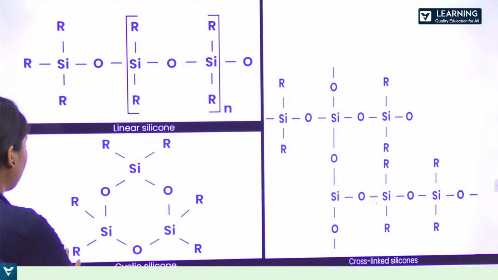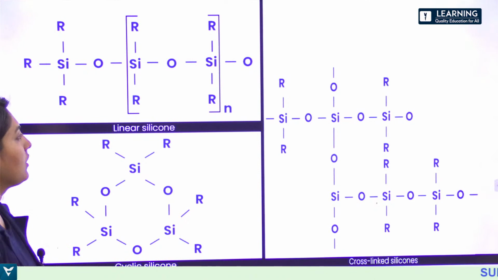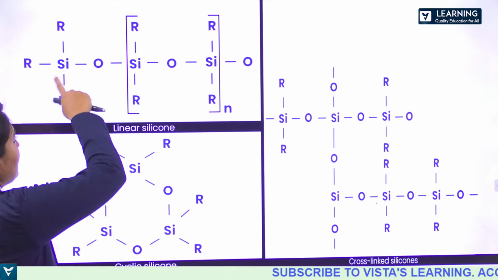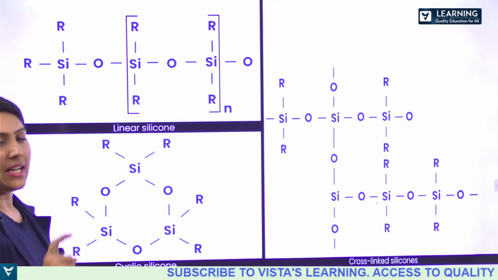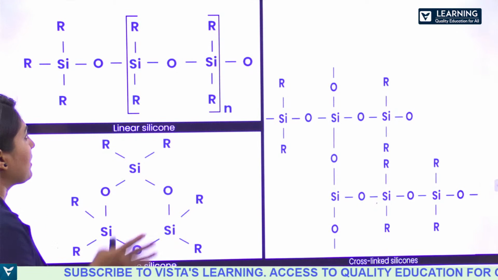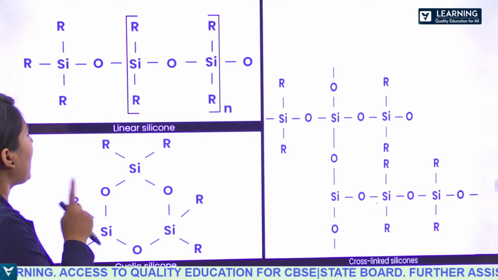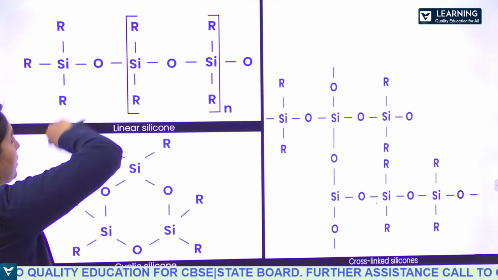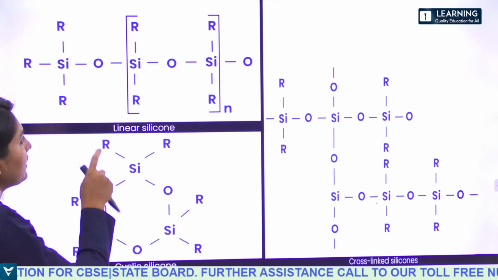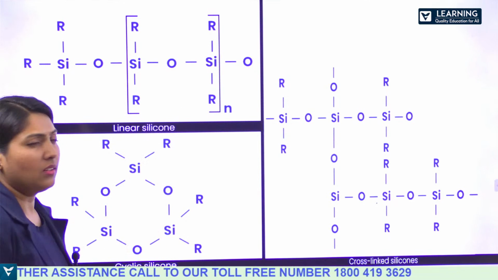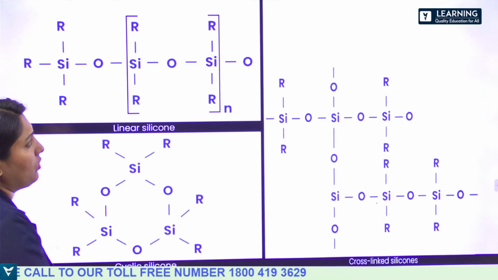So here are some of the types of silicones. Linear silicones and cross-linked. So what do you mean by silicone? Silicon is present as Si with 4 oxygen atoms, right? Instead, if you remove the oxygen and add substituents there, for example, R are the substituents here. If you are adding that, R2SiO will be considered as one single molecule, then the repetition of that will